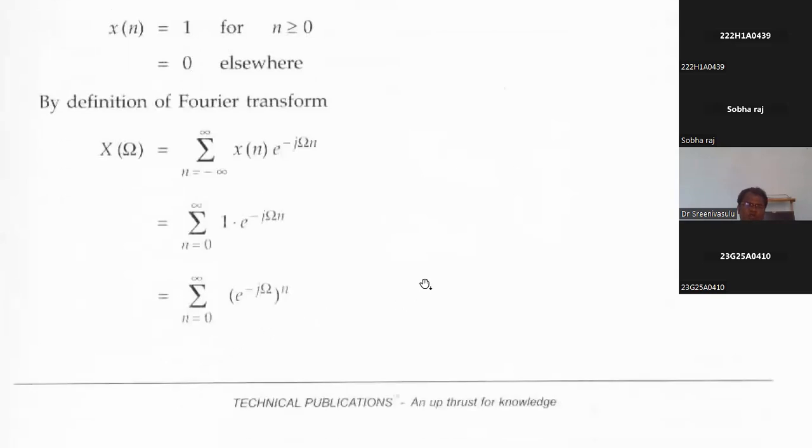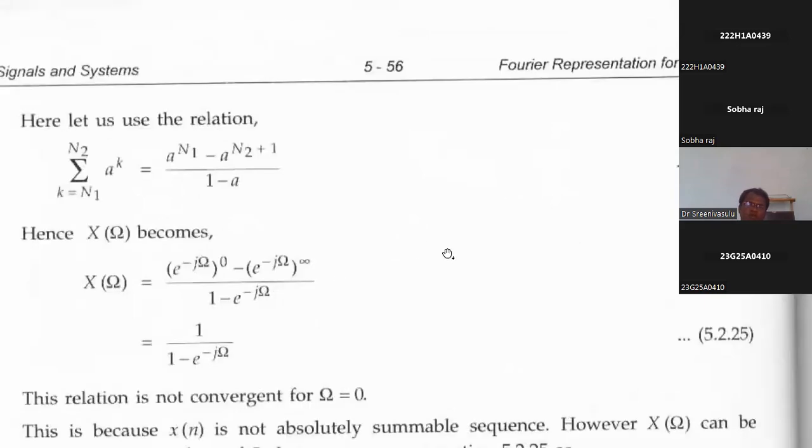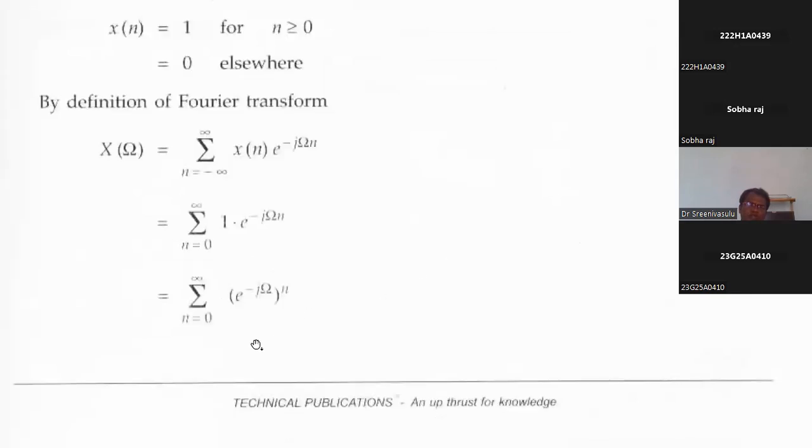From the geometric series, we have a formula: the summation from n equal to 0 to infinity of a power n is equal to 1 by 1 minus a, where the magnitude of a is less than 1. So if we see here that